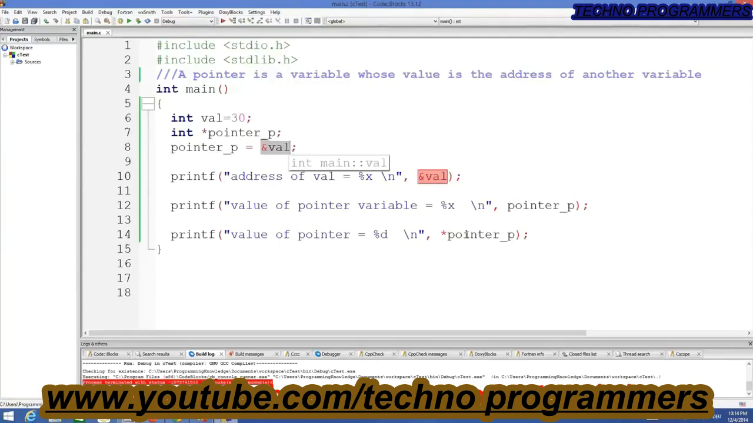For example, if you want to assign this variable's address to the pointer, you just assign it like this. Now to dereference this pointer, and dereference means to get the value which is stored at the address held by this pointer, you use this asterisk sign, and this asterisk sign before a pointer tells C that we want to get the